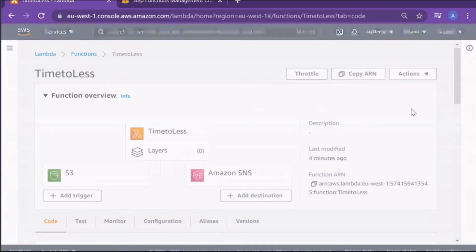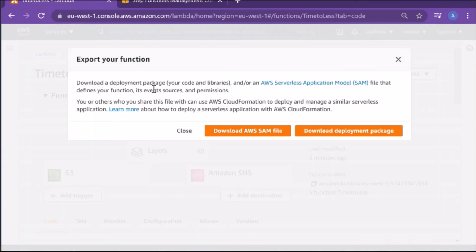You can export the function, with whatever configuration we have done for this function, with AWS SAM, that is the Serverless Application Model, or download the deployment package. Whatever package we have created or loaded from S3, we can download from this section.